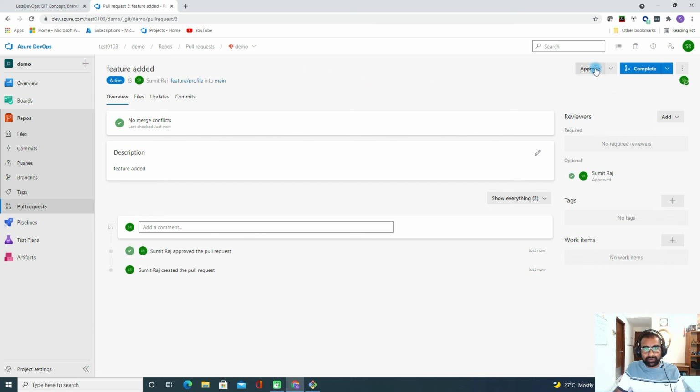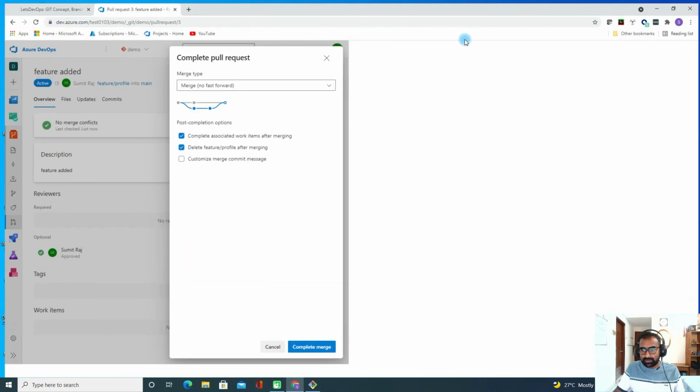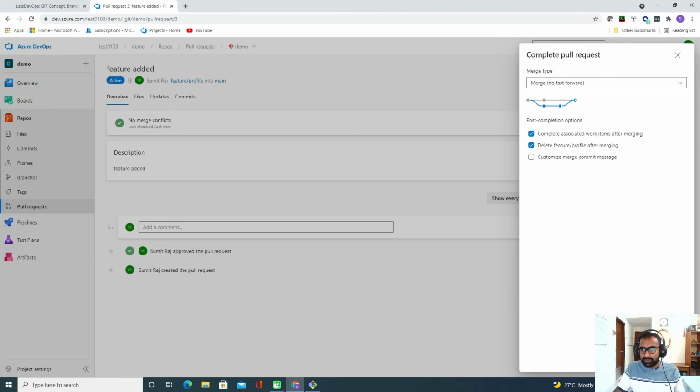Assume I approved, and to complete the PR you need to merge the changes. So now the merge will happen from the feature branch to the master main branch. So I will do that.